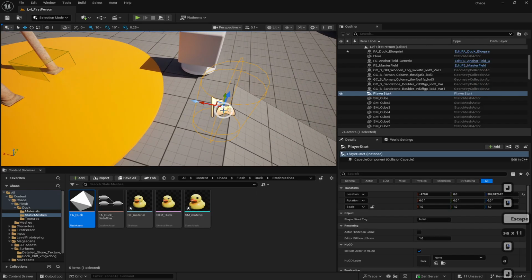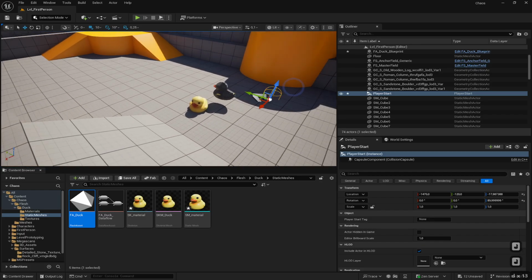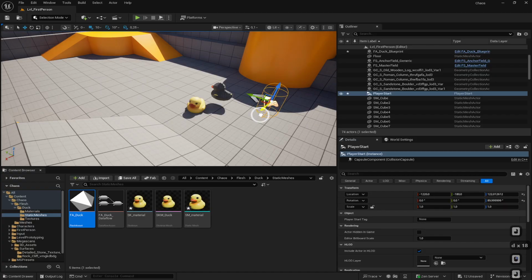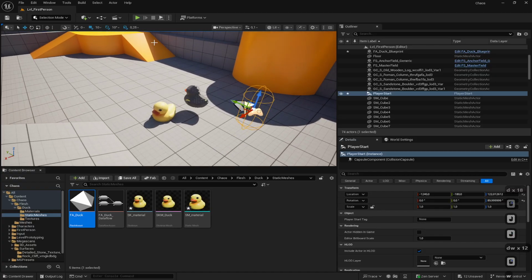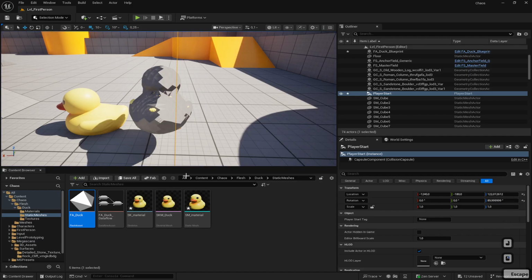I'll move the player start in the right direction. Okay, it should be better. Yeah, so it's deforming, but not as expected. And I couldn't really make it fully work in my previous tests, to be honest. That's why I'm a bit disappointed. Maybe this is not the right way to do it. I'm not sure, but we can